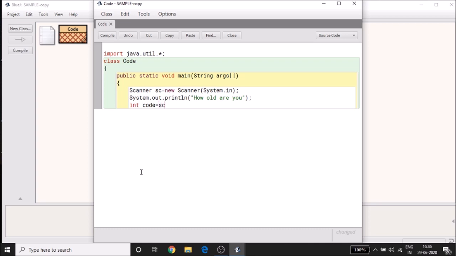So in my scenario, it will be sc.nextInt with the capital I, open brackets, close brackets, and finally a semicolon. Now hit enter and close your method block. Then hit enter again and close your class block. Once you're done, hit compile and it should say class compiled, no syntax errors.